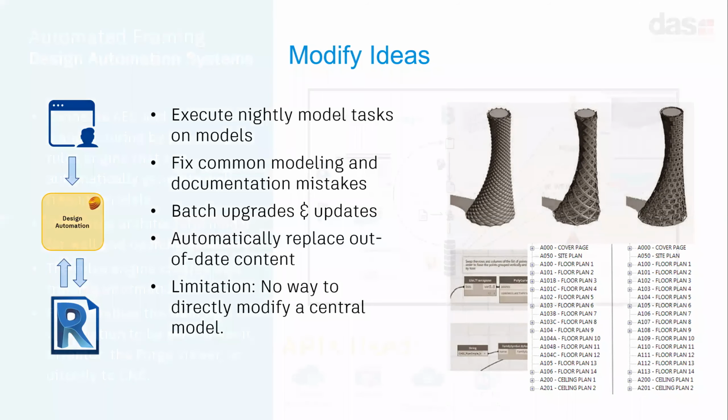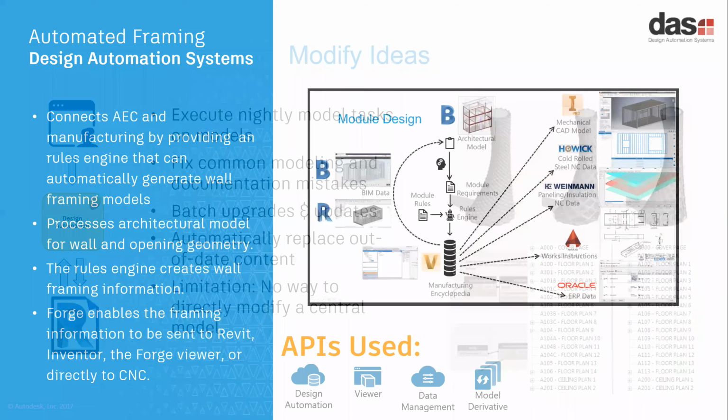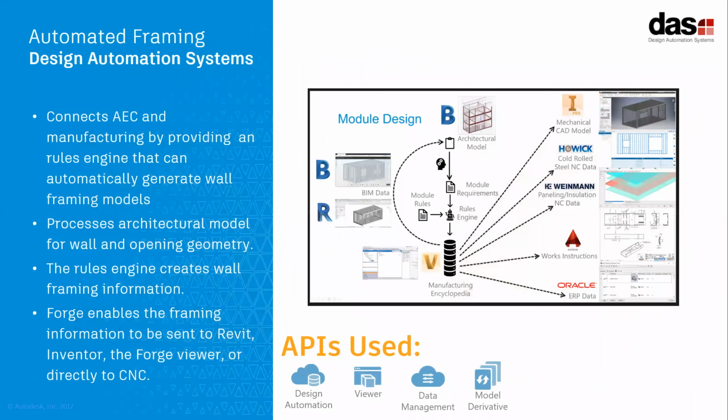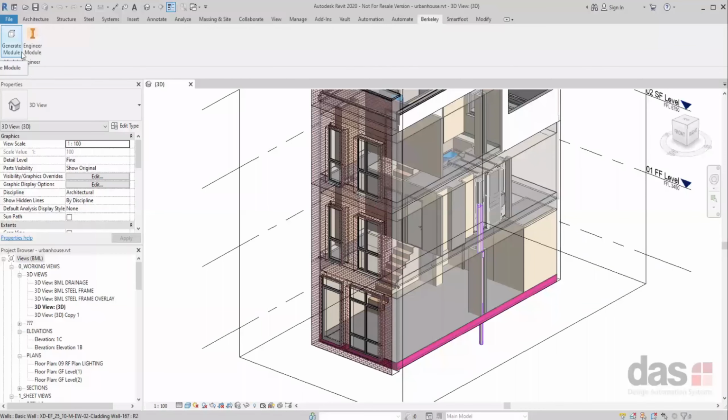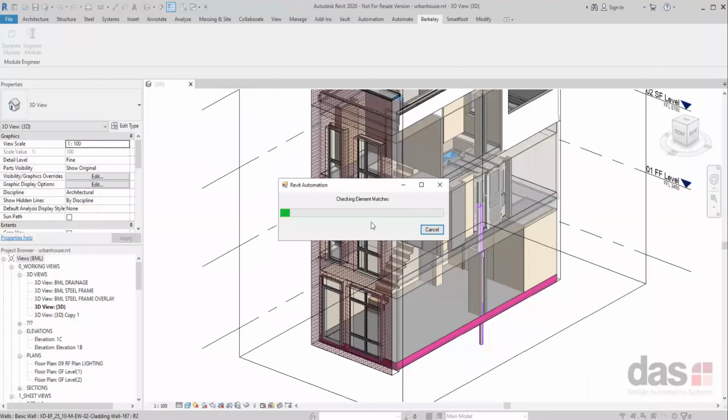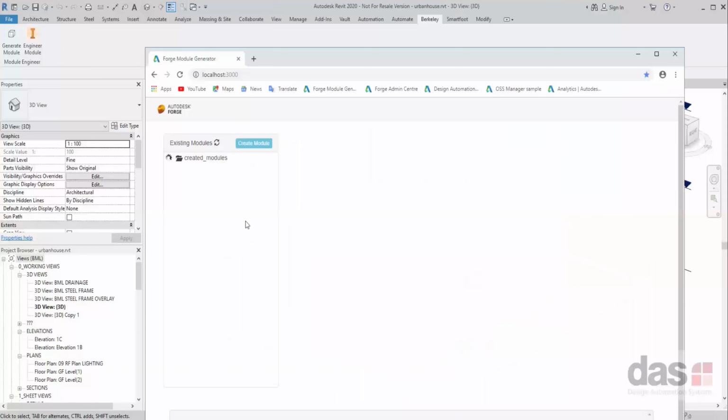So what are examples of modifying models? The first example comes from Design Automation Systems, who've created a rules engine that can automatically generate wall framing based on an architectural model. They take an architectural model, apply the rules engine, and from that they can generate a Revit model, an Inventor model, or even go directly to CNC manufacturing with something like a Howick machine. So in this case, what this is showing is taking a Revit model and sending it to